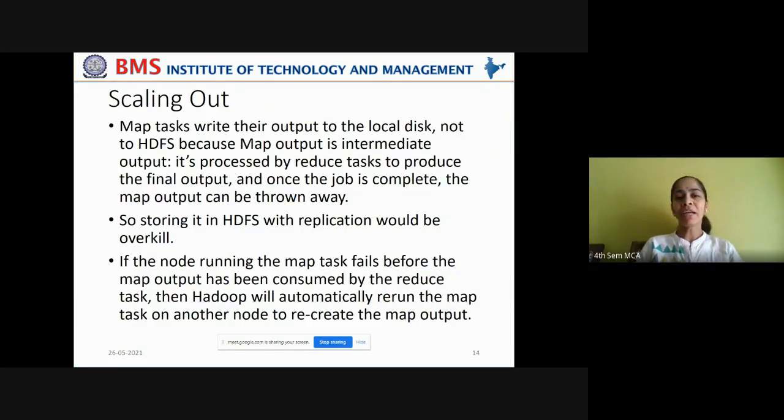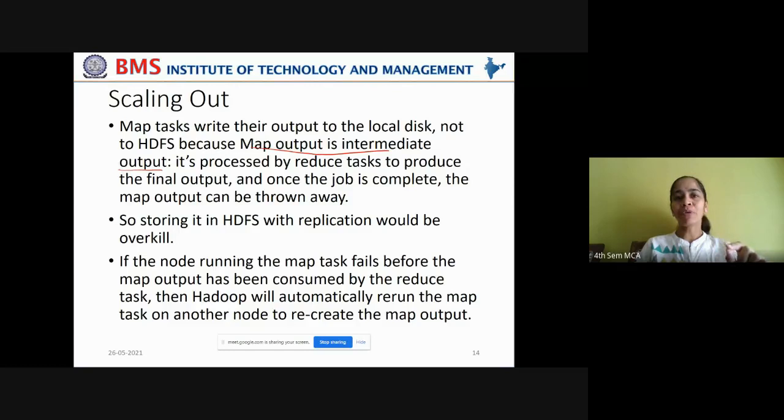Now map tasks write their output to the local disk, not to HDFS, because map output is intermediate output. Remember, map task output is always an intermediate output. This map task output is not utilized anywhere other than the reduce task. Understand this carefully.